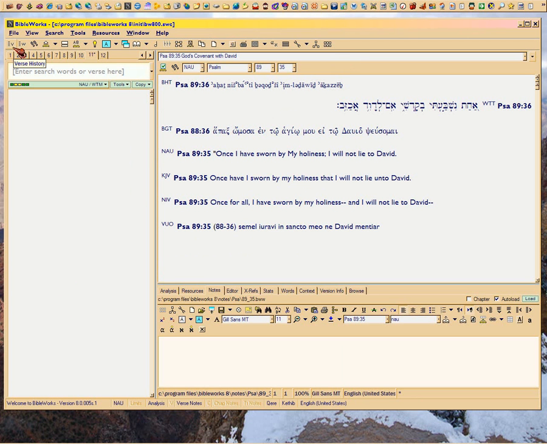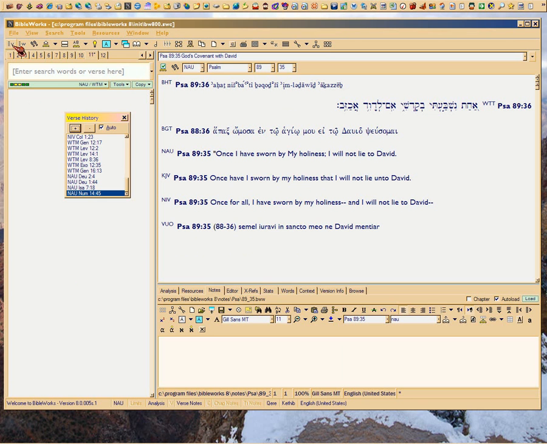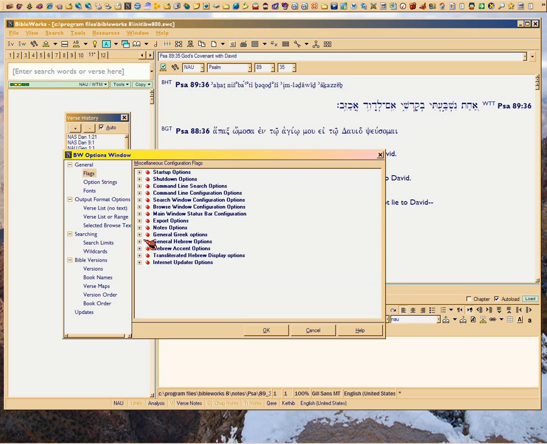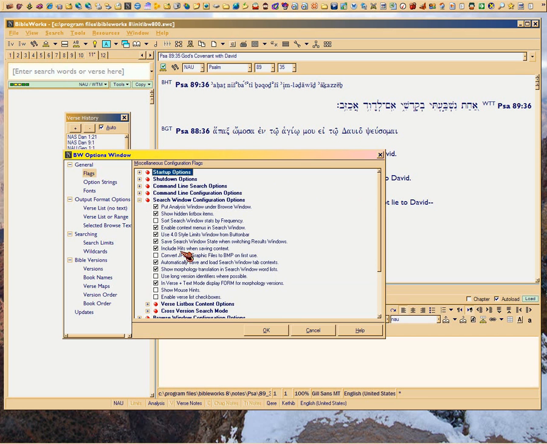Alright, this is your verse history button. And again, you can configure the order of these, and we're going to go through that, but I want to first show you what the buttons do. Okay, these are your verse history. This is a list of all the verses that I've searched, and basically, because I've done tools, options, search, I've asked it to save my tab contents, and I've asked it to